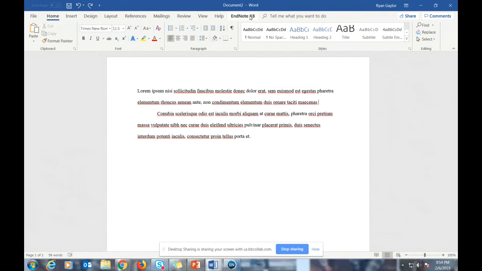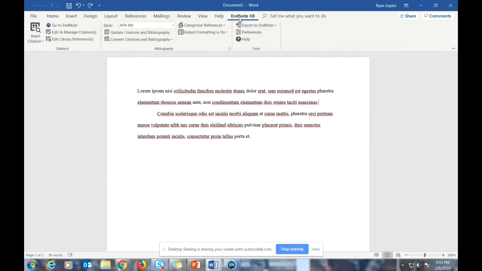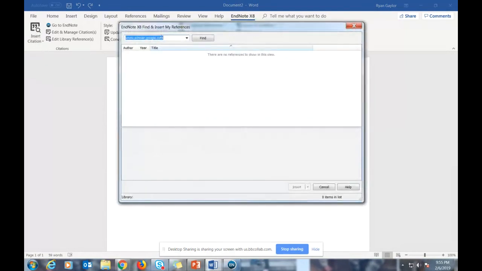When you download EndNote, one of the things you get with the X8 edition is this Microsoft Office Word add-on, which also adds it to the other Microsoft Office products, such as PowerPoint. So what you would do is click the area where you want to add the citation, and this is probably one of the coolest things too. Click on the EndNote add-on at the top, go to Insert Citation, and click Insert Citation,